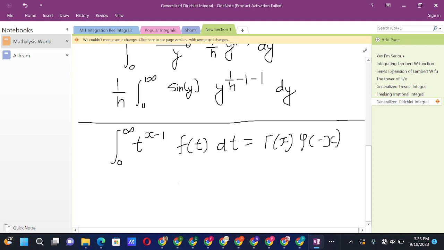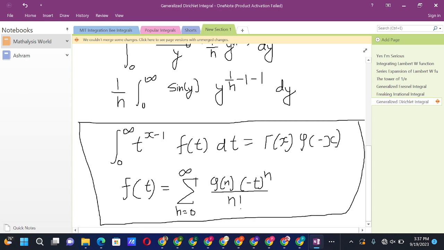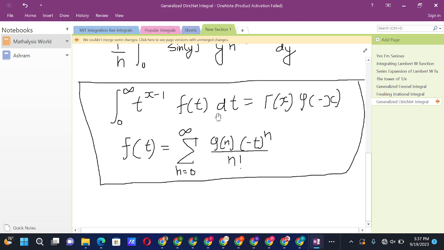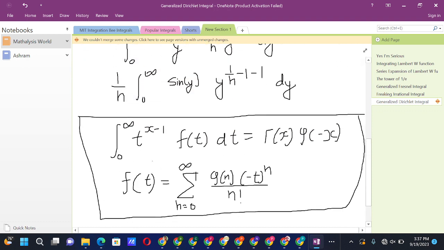Okay, so we obtain this phi function in the following way. If we want to represent f(t) in this notation, the summation from n equals 0 to infinity of phi(n) times (-t)^n over n factorial, then the thing that we require in this representation, phi(n), will be actually the phi function which is used here. So this is Ramanujan's master formula, which we are going to use. If you aren't clear about what phi(n) is, you will be clear in a moment when we do the example. So we have 1/n times the integral from 0 to infinity